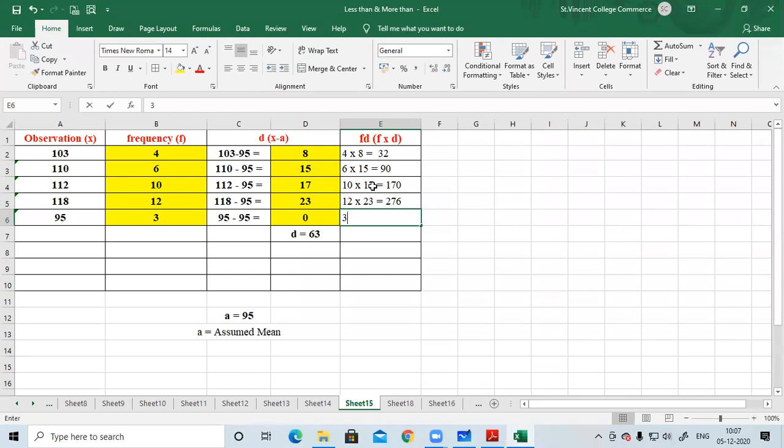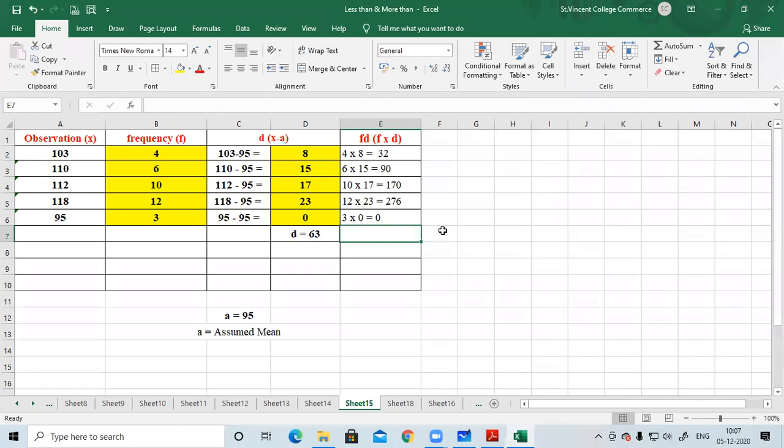And finally you have 3 multiplied by 0. What do you get? 0. I was wanting someone to tell me that answer. 3 multiplied by 0 is not 3. It's 0. Someone said 3, I heard that. I'm very sorry, sir. No problem, beta. Just be careful in the exam and use your calculator. Oh, even I wrote 3 while talking to you all. I'm extremely sorry. So 3 multiplied by 0 is always 0.